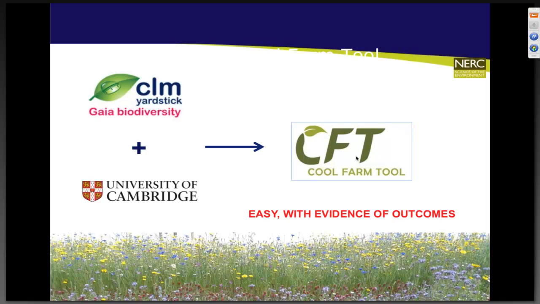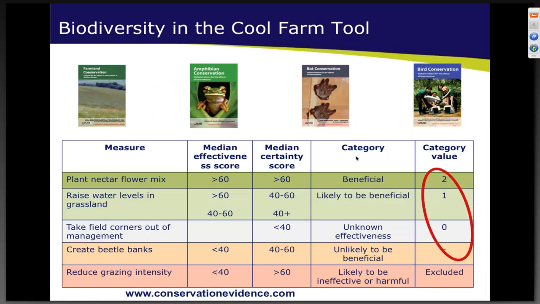That is easy, but it's got much more evidence of outcomes because Cambridge has collected 200 peer-reviewed literature research, used all that data to put into one big database where we could compare the effectivity. So here we have effectivity scores of particular measures. The measures to the right, to the left, and there's a score that eventually to the right, marked with the oval, gives a value to the measure.